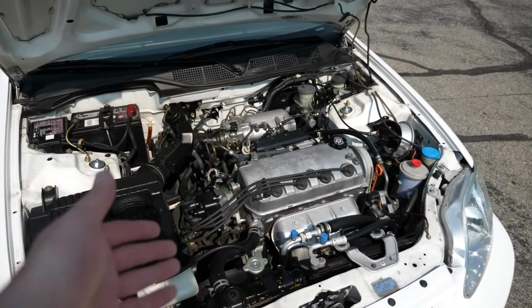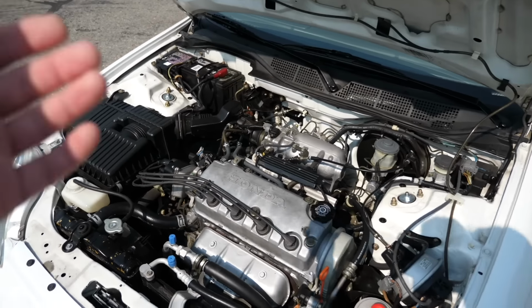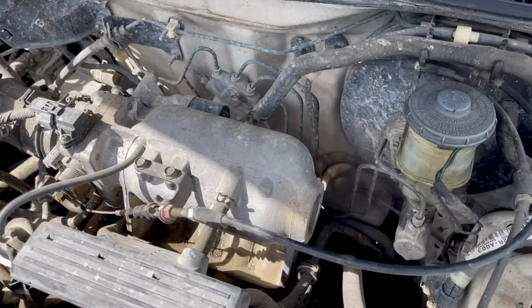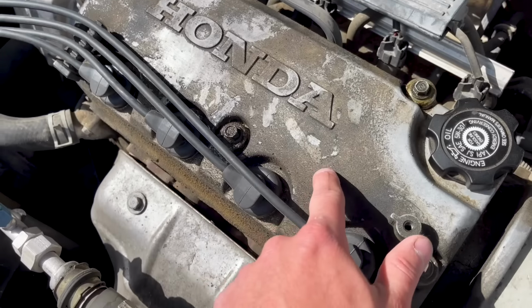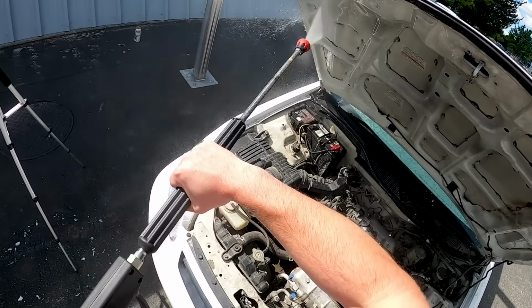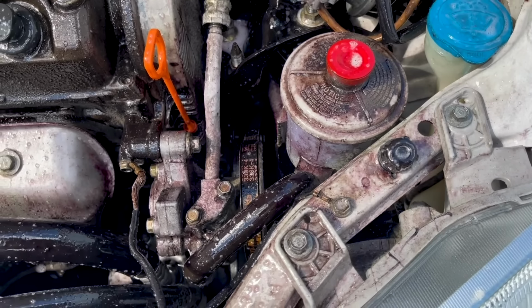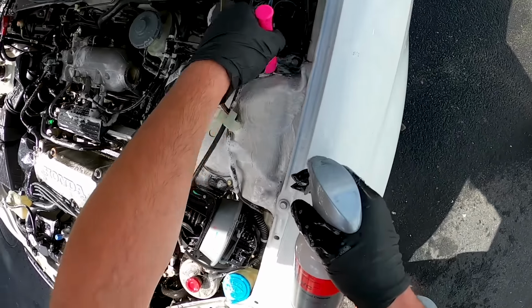Now, I'm sure this engine bay doesn't need any introduction. I'm sure many of you have seen the condition that this engine bay was in when I first got it, and it wasn't pretty. This thing was absolutely filthy, covered in mud. I felt like the previous owner really did take this down some dirt roads or some country roads because there was just mud all over the place. I mean, everything ran smoothly. It was just dirty as hell. So this thing required a full